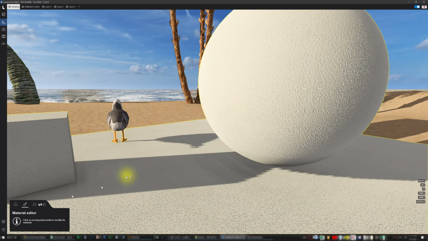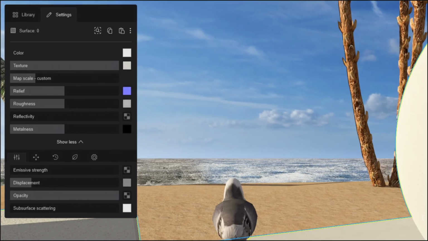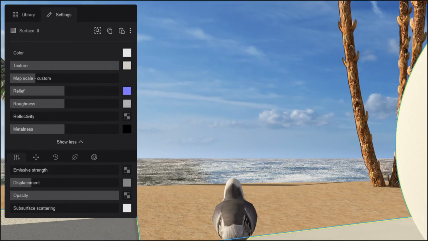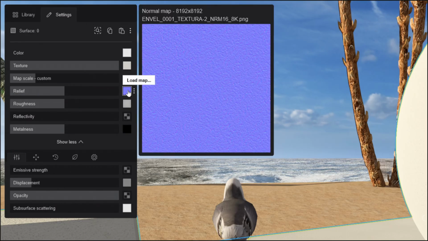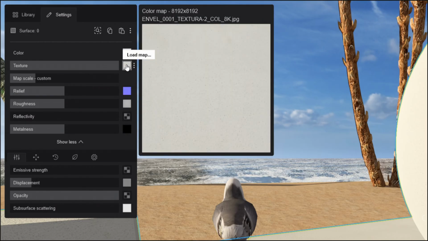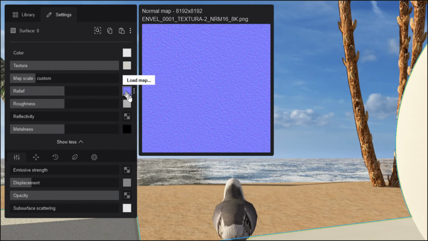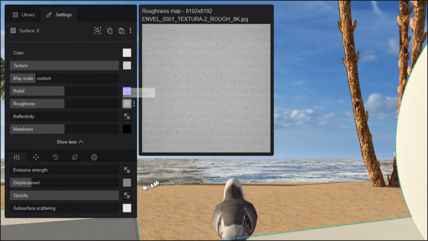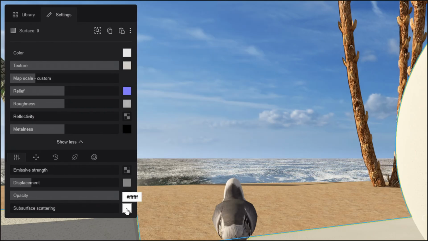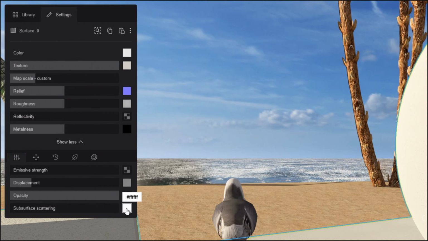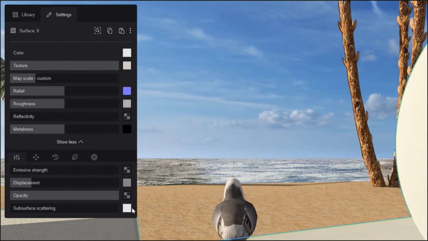Next, we went into Lumion to figure out what was going on. And it's immediately apparent that there are lots of maps in all the various slots. Of course, we have a texture map. We have a relief map, as you might imagine. There's a roughness map. We've got even a displacement map. Subsurface scattering isn't really a map. It's just white, it appears. But that's a lot of maps for a pretty simple material.